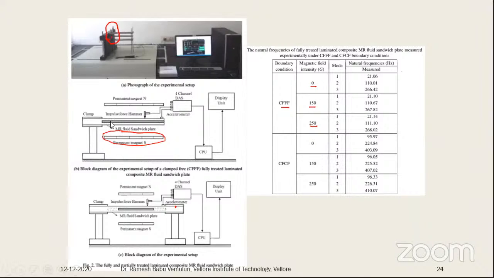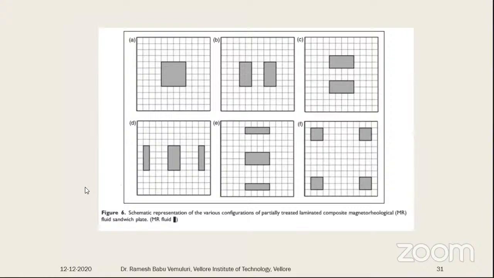Here you can observe the complete MR is here, whereas here only the MR fluid, and here in one place only we kept a magnetorheological fluid. So I can just show you how this is. This is a complete plate, where this is A in a mid position. This is 50 by 50. Normally this is 300 by 300, and this is 50 by 50.